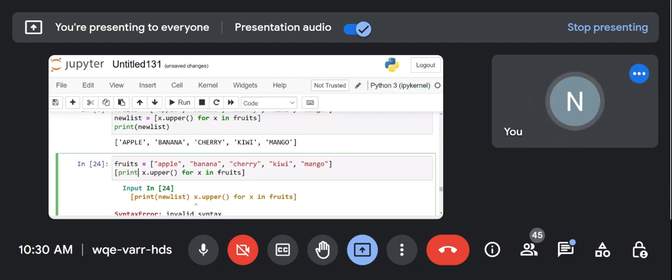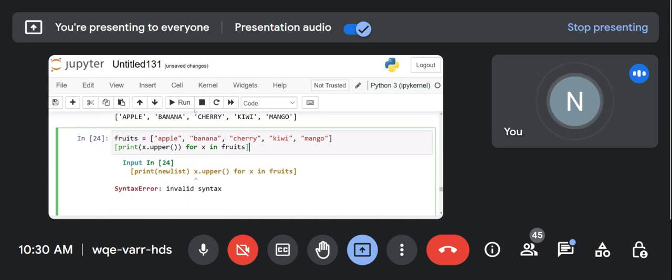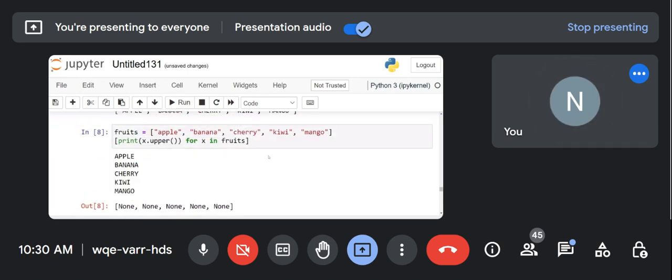So what is possible is to just take print and print this stuff, x dot upper. I think this will work. Okay, this will work. But the point is, sir, here it's showing one element by one element. It's not the list. So what should be done, sir? Can we write,